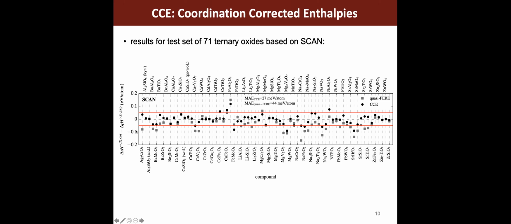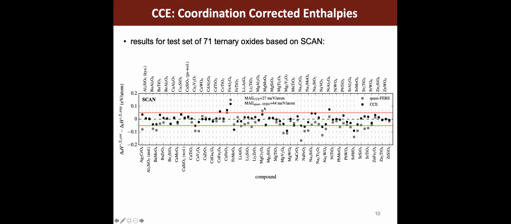And I had to even change the scale because the values got so much better, the agreement got so much better. Because the black symbols are now from my CCE method, from my corrected results, and I get a mean absolute error down to 27 meV per atom, which is basically perfectly on par with room temperature thermal energy. And also it's noteworthy to say that this error is much smaller than the previous error